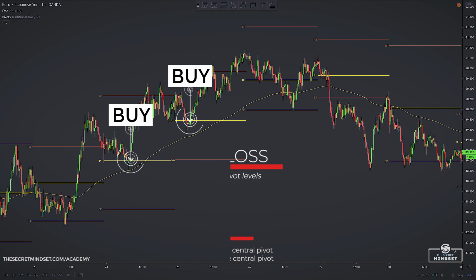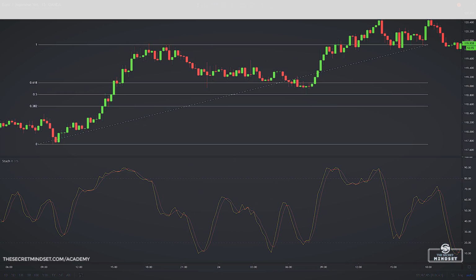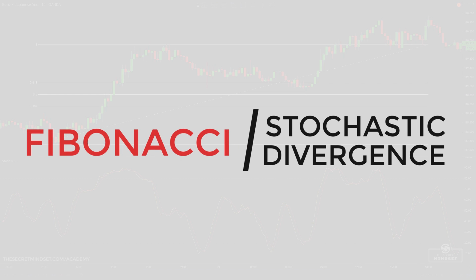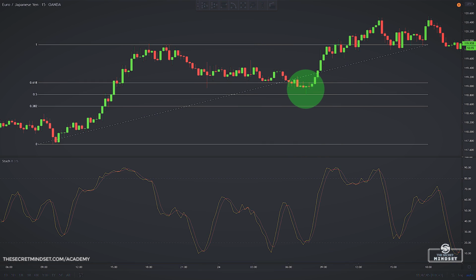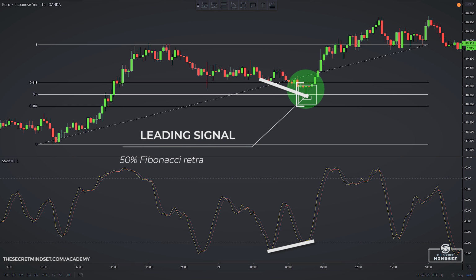maybe below the S1 level. Or you can use a Fibonacci retracement and an oscillator, like the stochastic, again a leading and a lagging tool side by side. You can enter after a stochastic divergence or an oversold stochastic, when the price rejected an important Fib level. Again, try to find the proper balance by mixing leading and lagging indicators with the aim of stacking the odds